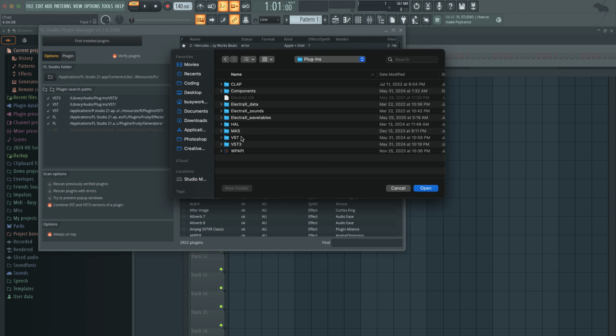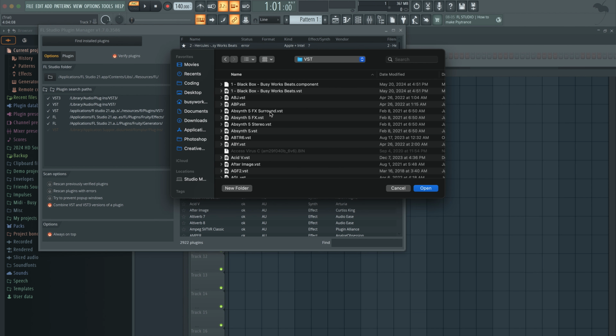So most of the time you're going to be working with VST2 plugins. You don't need to memorize anything I'm saying. Just use one of these folders. It really doesn't matter. It's just for your own organization purposes. So we're going to go into VST, and then this is where we can find our plugins. Okay. So for example, I just loaded up our Hercules plugin at busyworksbeats.com. If you go to busyworksbeats.com/Hercules, and then you will search this folder and it will be in here. So that's how you can do those things.